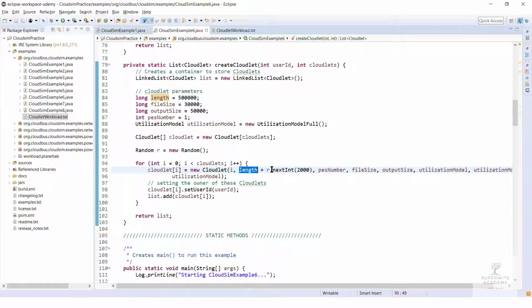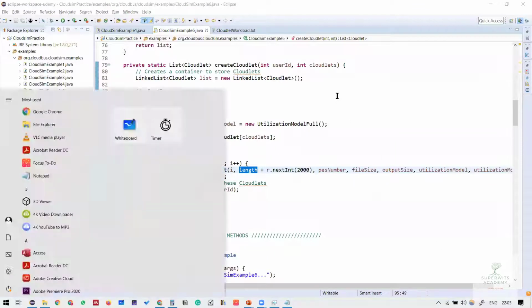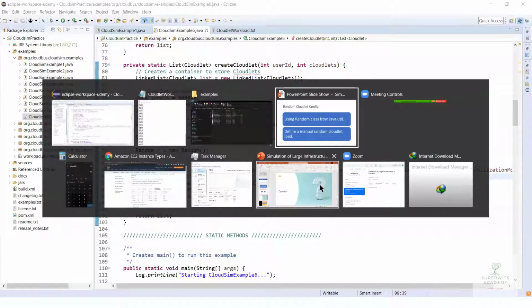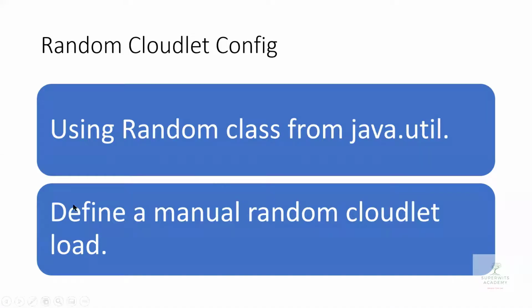Because you cannot always have some kind of data set with you, right? If you want to test with a synthetic data set where your application load is supposed to be simulated, then it is going to work for that particular kind of simulation scenario. So this is one thing which you can do. I think time is 10, so I need to be very quick. This section I think you can cover up. This is pretty simple, and you can follow it corresponding to your simulation scenarios. So this is where defining the manual random cloudlet load can be done.